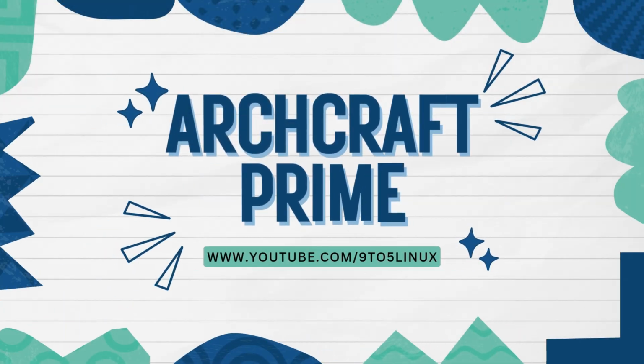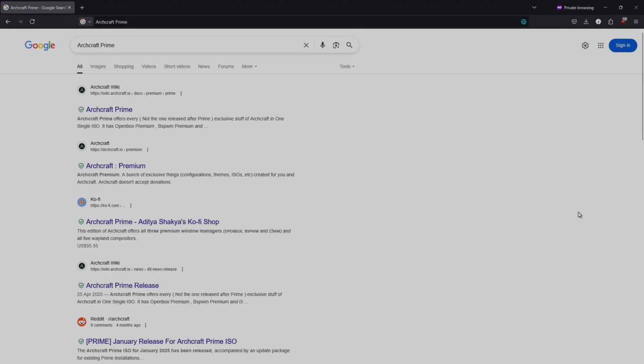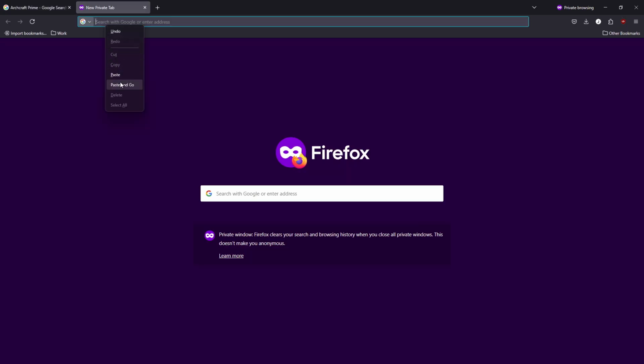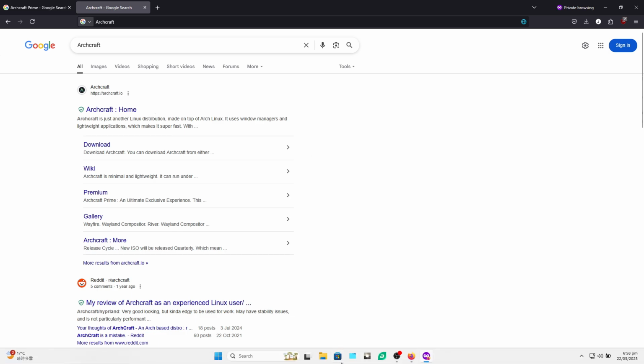Number 3. Archcraft Prime. Overview and cost. Archcraft Prime, sometimes called Premium or Archcraft Prime Edition, is the paid extension of Archcraft, a minimalist Arch Linux derivative. While the free Archcraft Edition comes with around 15 themes for OpenBox and BSPWM window managers, Archcraft Prime bundles all exclusive window manager themes, including i3WM, Sway, Wayfire, River, Hyprland, and Newm, pre-installed and pre-configured in